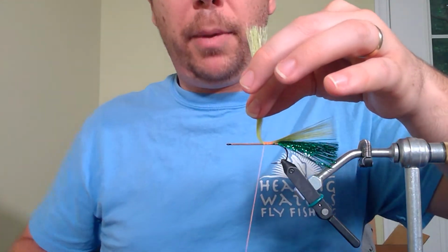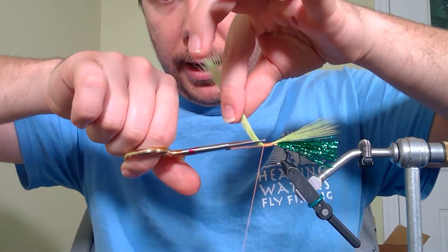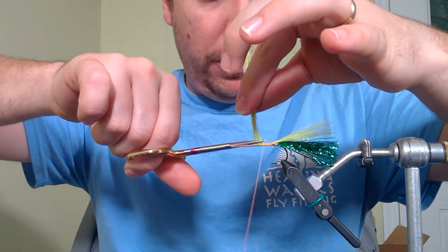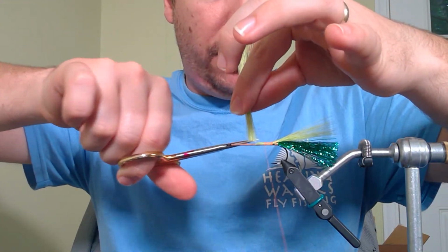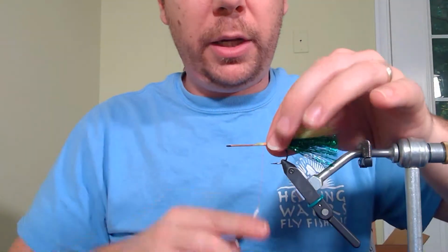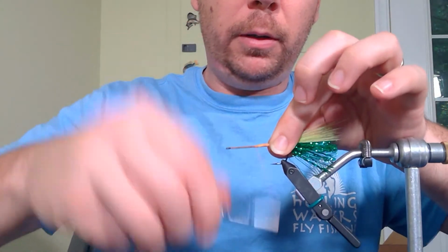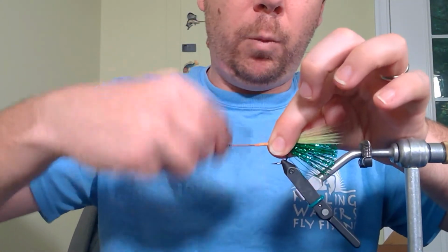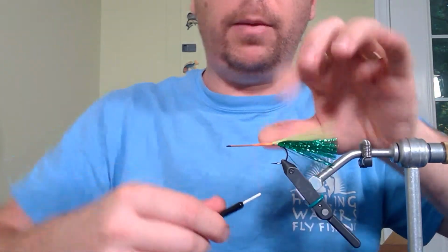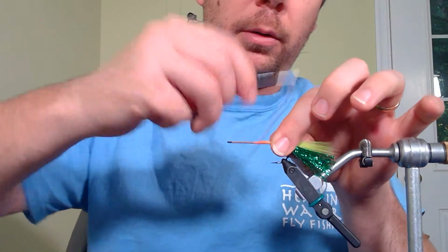Grab the material up. By the way, the other thing that you can do is you come in at an angle. See, I'm coming in at an angle with my scissors. This really isn't important on this fly, but it's far more important on others where I'm going to be tying more material up the hook shank. What this does is creates a ramp. I think I've shown you guys this before, but not a bad way to practice. And so by cutting at that angle, rather than having one big bump, I kind of have a nice even taper